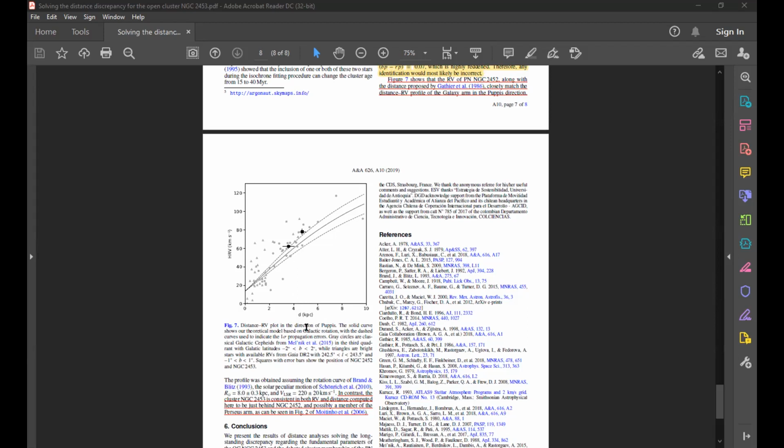So what they are telling, actually, is this one is in the Perseus arm, and one is outside of this region, which is some 1 sigma propagation area. So this is outside of this, so this probably may be in the Perseus arm. So they are claiming in that way. So one should be in the front.